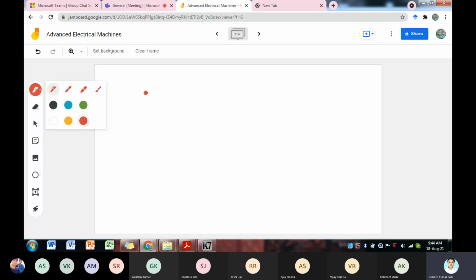तो सबसे पहले क्या था, F net इक्वल टू F apply प्लस F induce माइनस F load। ठीक है, तो ये F load। ओके, तो स्टेडी स्टेट कंडीशन में क्या होगा,